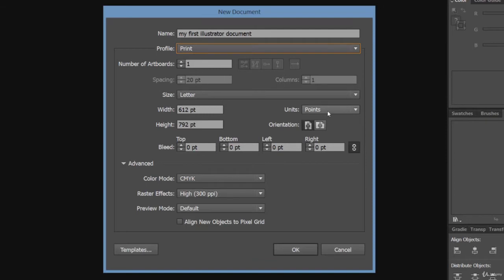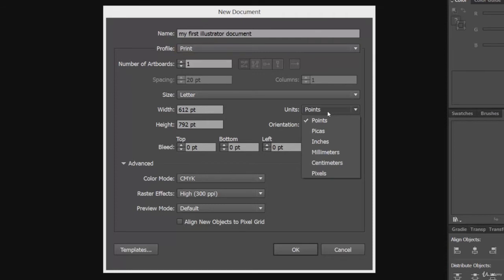And here you can control the units. Yes, friend. So what are the units that are available to us? Points, picas, inches, millimeters, centimeters, pixels. So if you are a web guy, I think you will prefer pixel. Else, mainly in Illustrator, we used to do some artworks, some business card designs, some logo designs.